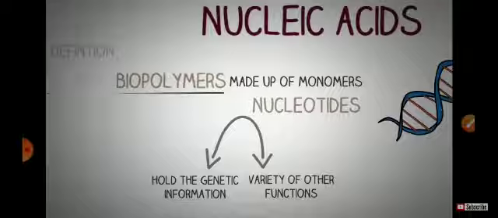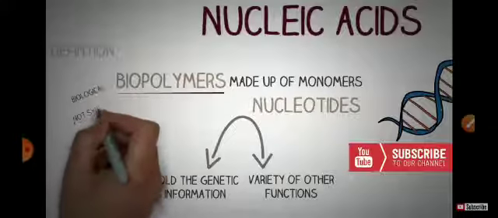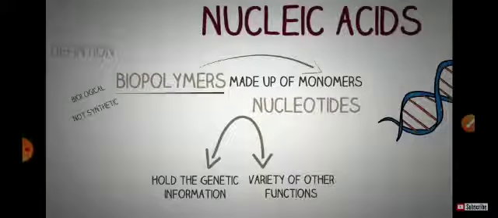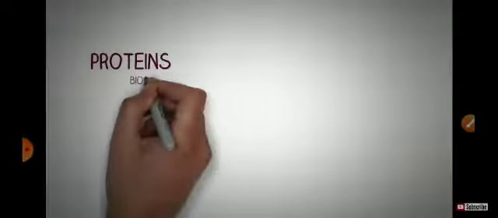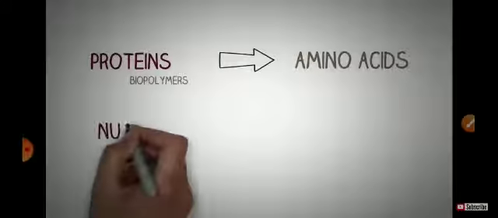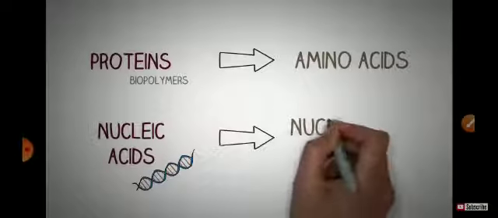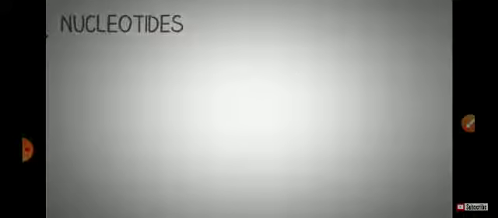Talking about the definition of the polymers, they are biological, not synthetic molecules, and they are made up of monomeric units. The RNA acts as the structural, catalytic, as well as adapter molecule. They are basically the nucleic acids comprise of nucleotides. Proteins are biopolymers. They are biological macromolecules formed by the combination of amino acids which are held together by peptide bond. And the nucleic acids, they are formed by the units of nucleotides, which comprises of the sugar, phosphate, and